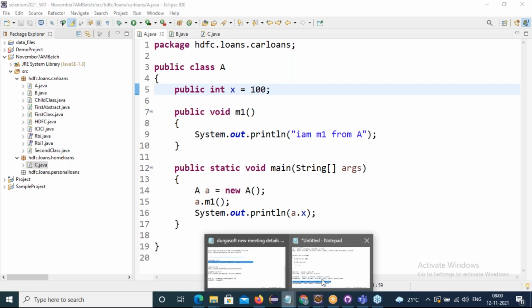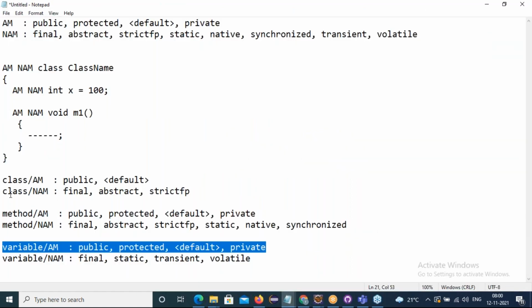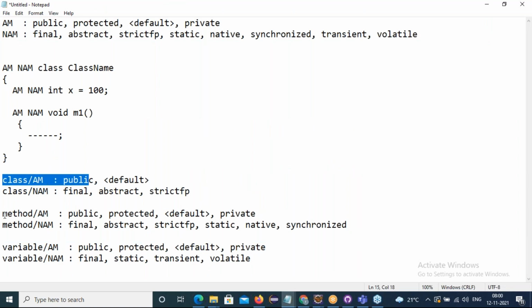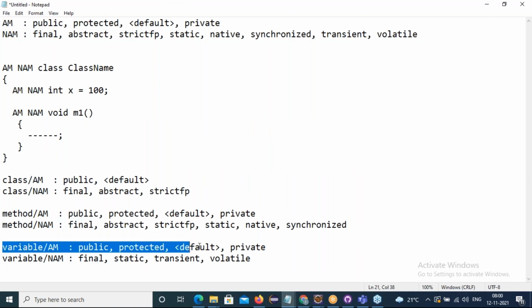I hope everyone has understood the scope of access modifiers for classes, methods, and variables. Can I believe that? Yes, I was very clear in this concept. So I think you also understood this. There is no confusion here.